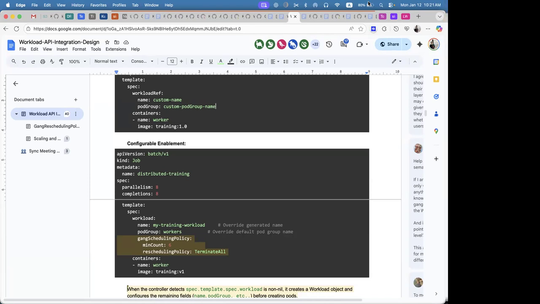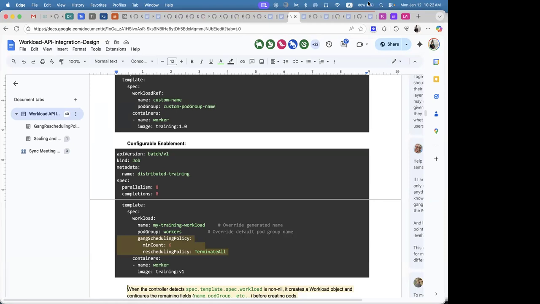Yeah. So basically, this is only one of the problems. Another problem is how to enable or disable this. We're thinking here that the controller will just, if it's automatic like that, go ahead and create the workload API in that specific way, unless another workload has been defined for the job. But it becomes really hard when we start to think about other APIs